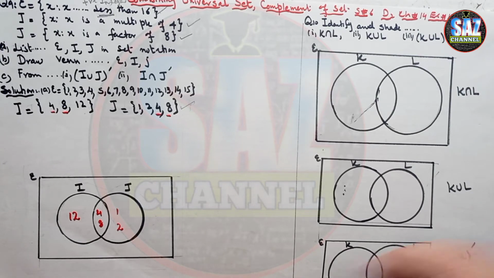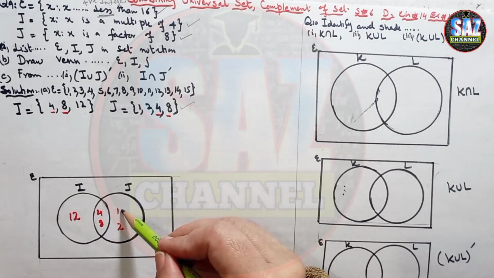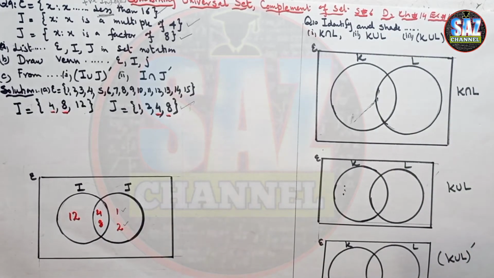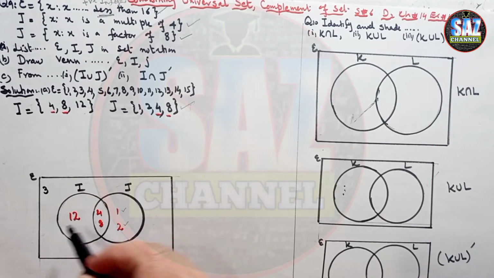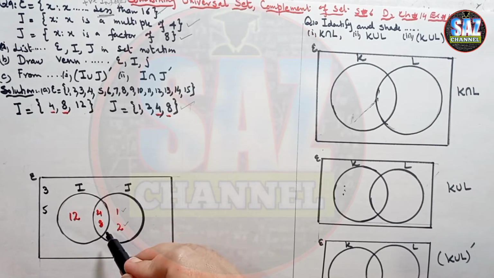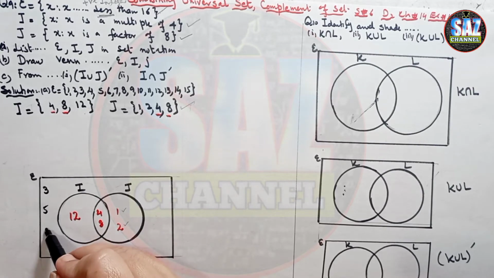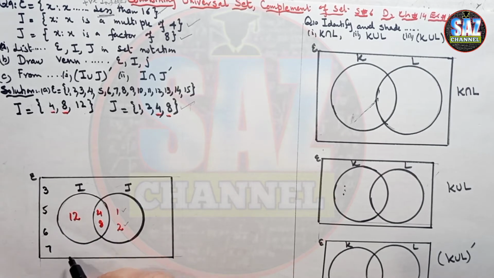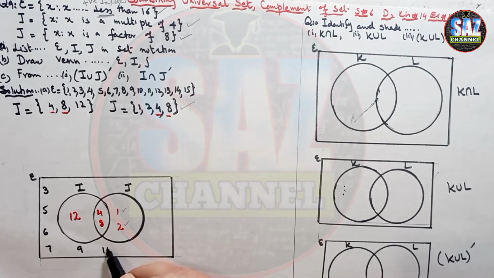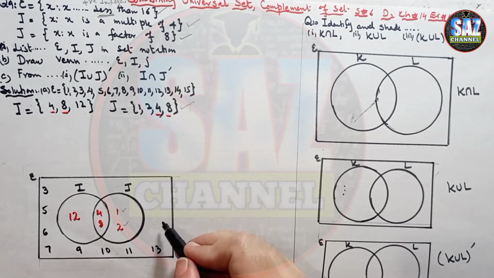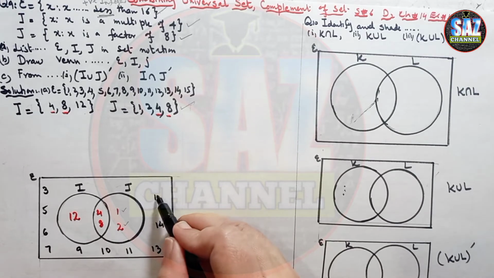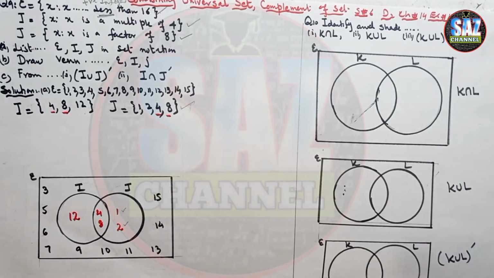Now 1 is in the subset, 2 is in the subset, so I will write 3 in the universal, then 4 is in the subsets, then 5, then 6, then 7, 8 is over here, then 9, then 10, then 11, 12 I'm not supposed to write, then I have to write 13, and then 14, and then 15, the remaining elements in the universal. I hope you are clear about how we are fitting the elements in the subsets and in the universal.